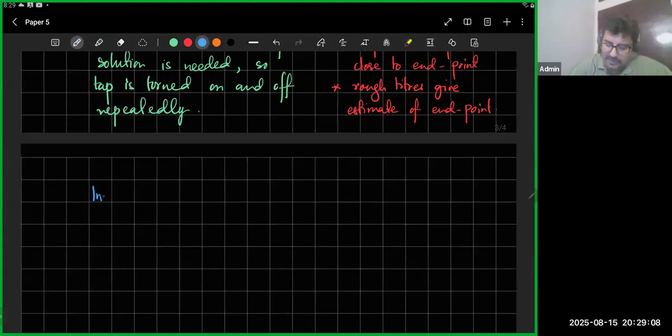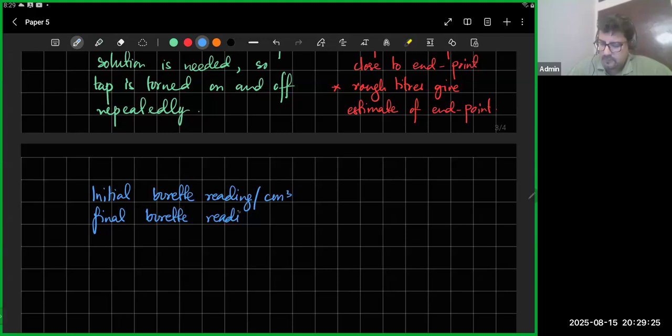So you've got your initial burette reading slash cm cube, and then you have your final burette reading slash cm cube, and then volume of FA, whatever the FA is used,